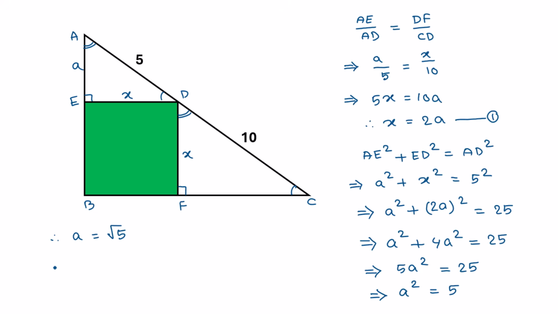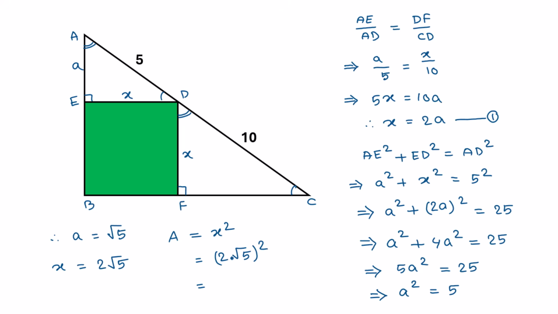We will get the value of x is equal to 2 times a. That means 2 times a is square root of 5. So the value of x is equal to 2 times square root of 5. We have found the side length of this square. So the area of this square, this will be side length square. This is x square. Now substitute x is equal to 2 times square root of 5. Here we can write 2 times square root of 5, this is the value of x, and whole square